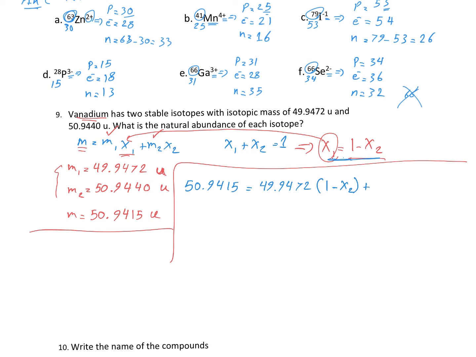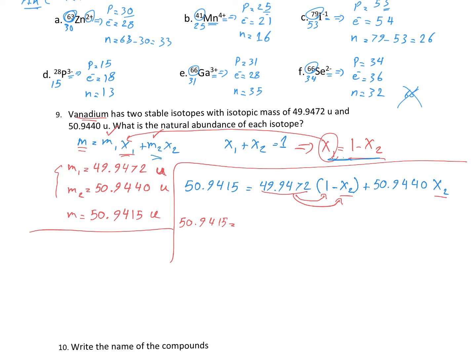Plus, we have m2. So m2 is 50.9440 times x2. So now we have one equation with one unknown, right? So it's just x2. So we can solve this. The first step you need to do, you have to expand this, distribute this number into both of them, okay? So I just write this again,